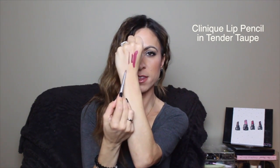Let's get real. My favorite one for this week goes to this combo right here, and the first one is by Clinique. This is the lip liner in Tender Taupe. It's just a darker brown liner. So that's the shade right there, and I've been pairing it with MAC's matte lipstick in Styled In